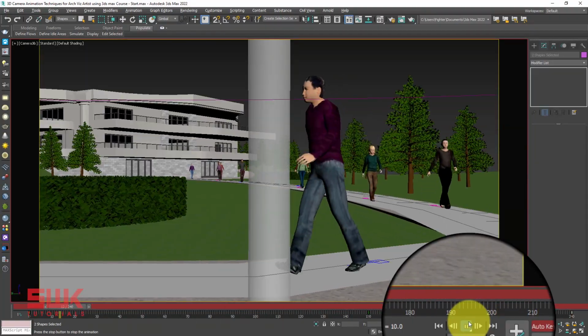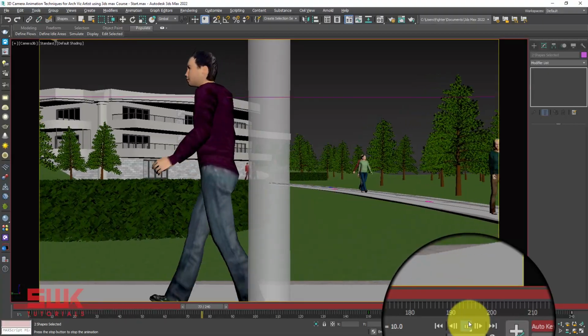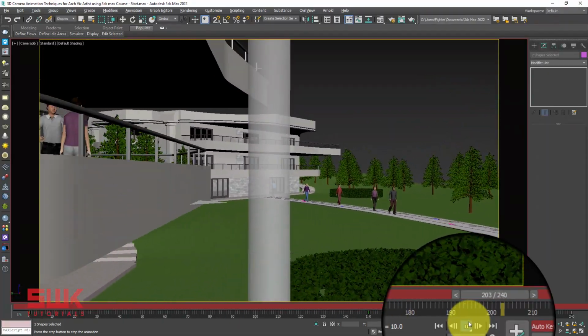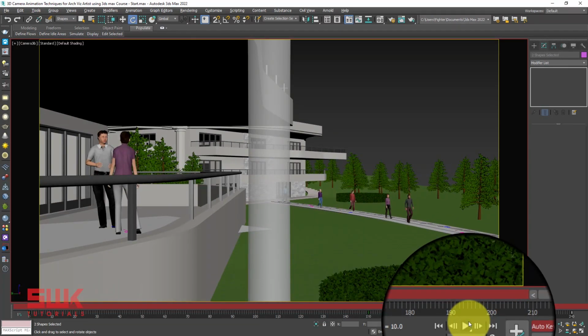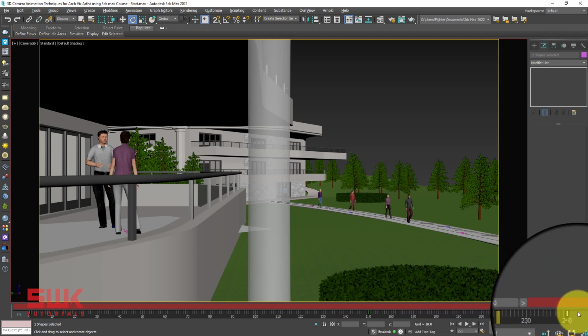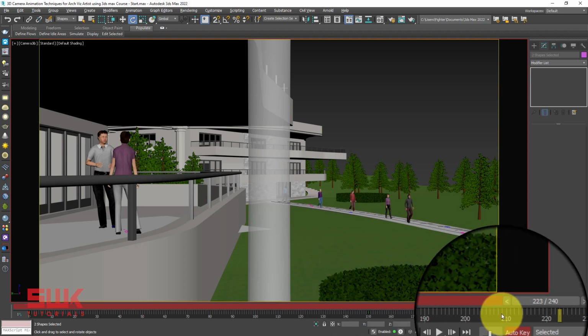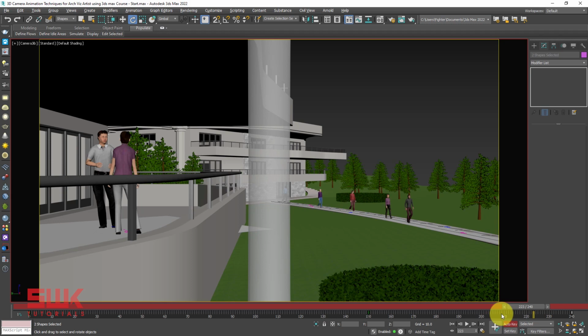Still you can see this animation, it's a little bit again fast. So how can I handle this kind of thing? Now I will not increase my frames to make this part slow. The reason for it is that the director has only told me to create this shot for 8 seconds, so I cannot increase from 8 seconds. Now I have to play between these kind of things.